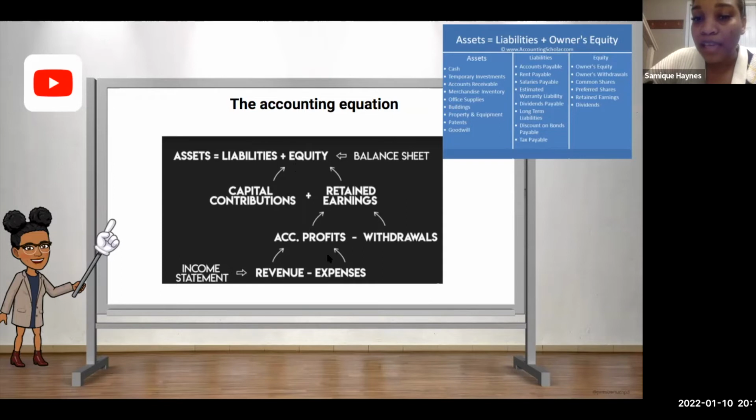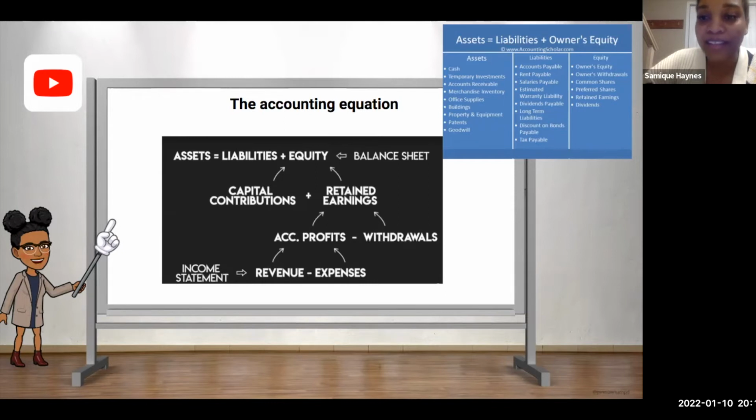So what do you think expenses is going to do to equity? Expenses will make equity do what? Get bigger or smaller? Two people said something. One said smaller, one said decrease. Does that mean that everyone else, 51 people, don't understand what I just said? Should I repeat myself?